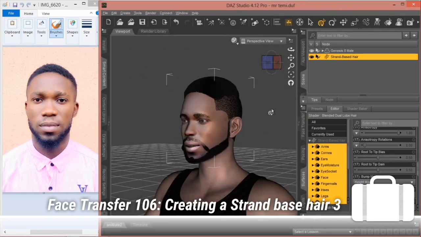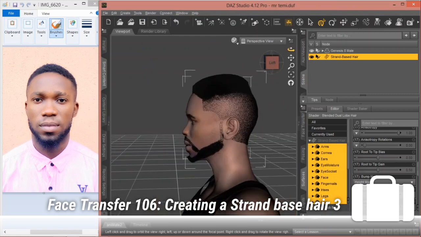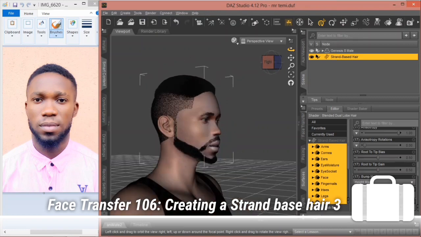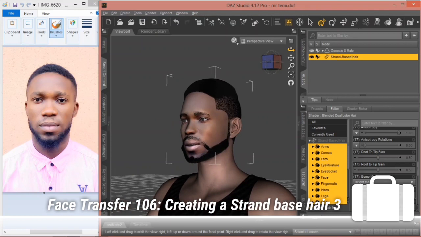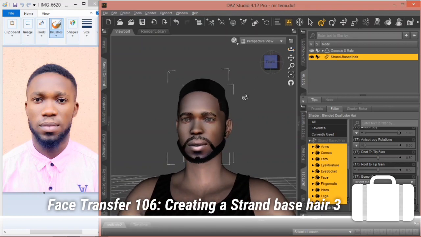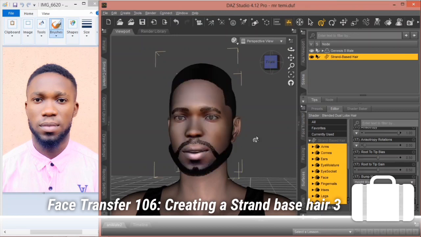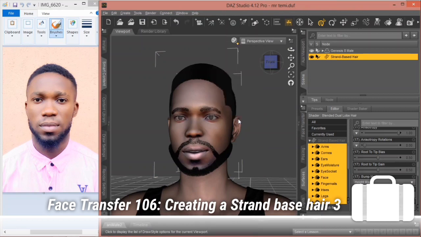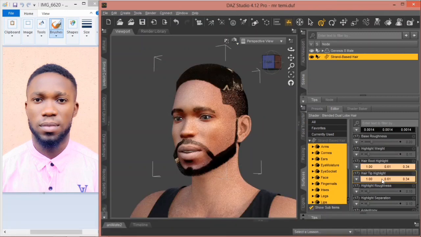Alright guys, so as you can see, it's now applied to our characters. And let's look at the preview mode, the highway rendering mode, to see how realistic it will be. Okay, so we notice from our preview, we notice still having some little colors,